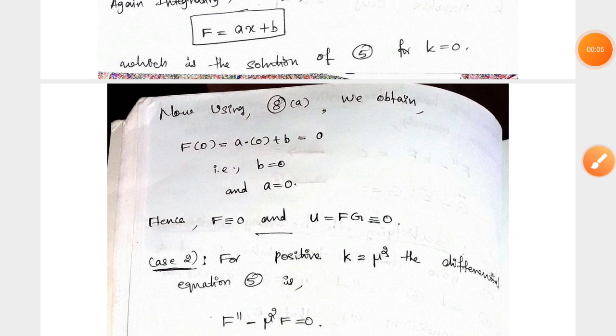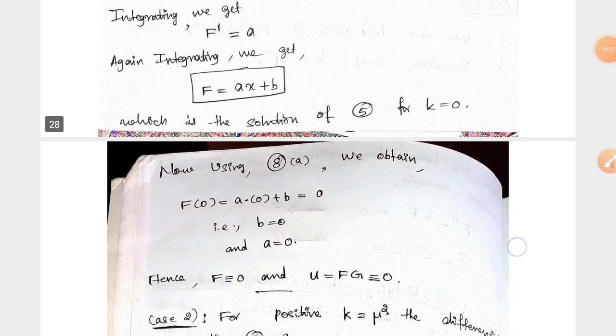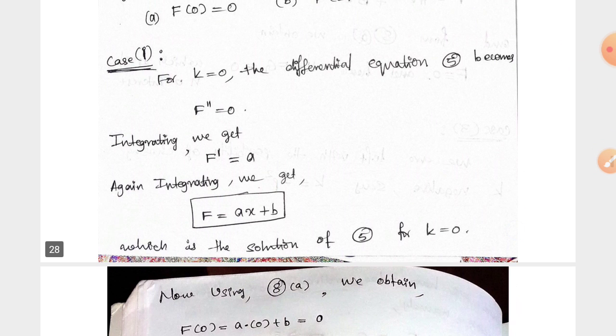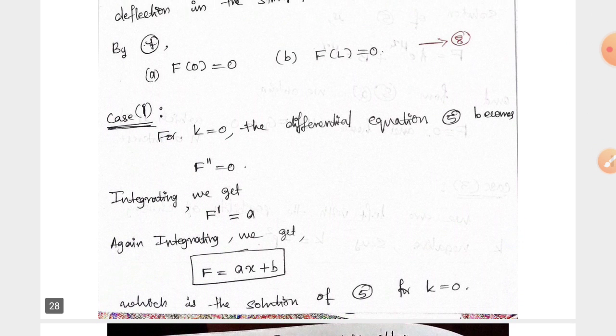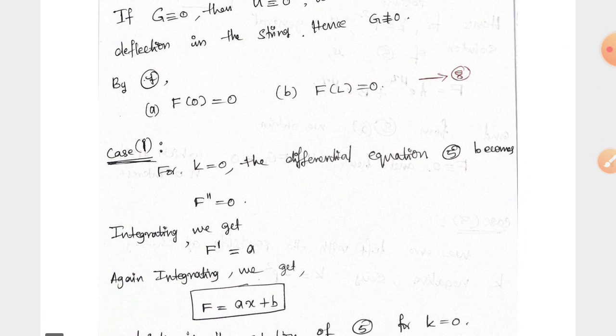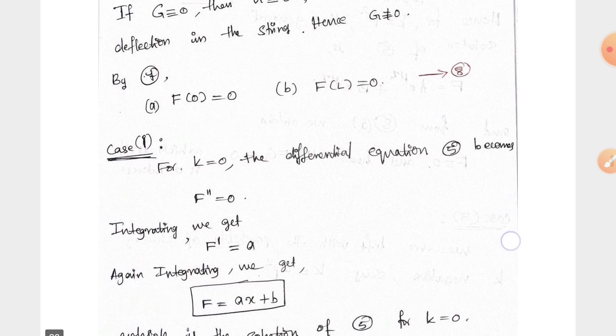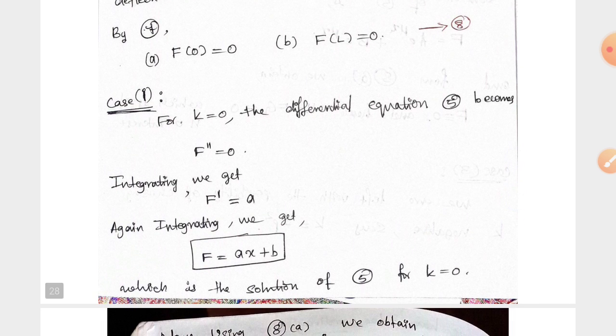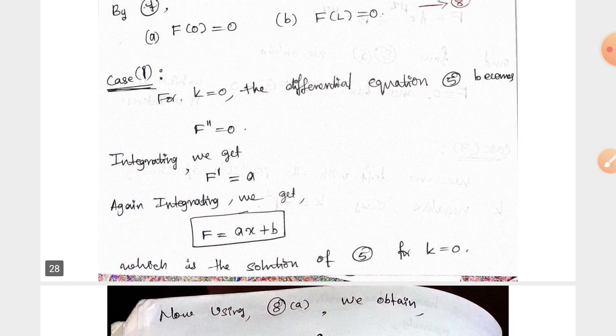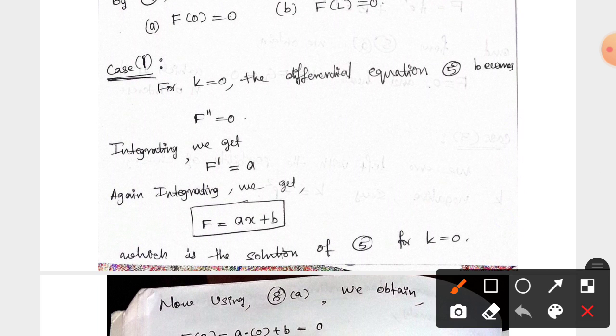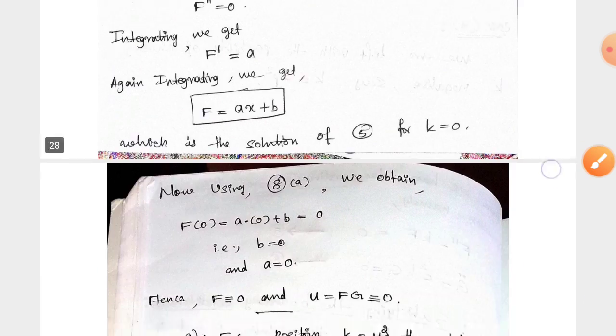Good morning all. So in the previous class we have discussed that we are solving equation number 5. Equation number 5 and solve cheyandai. By equation number 5 we have discussed that for k is equal to 0 and also for k is equal to